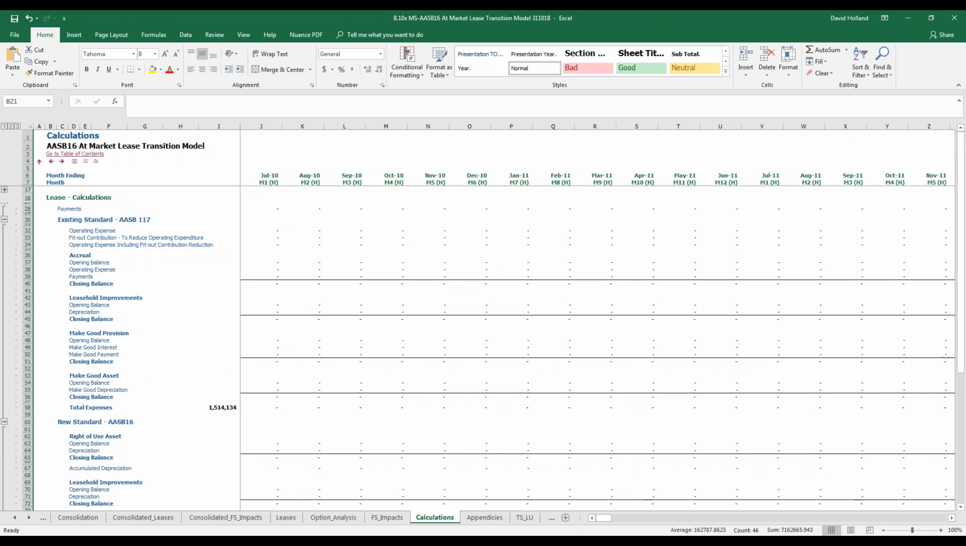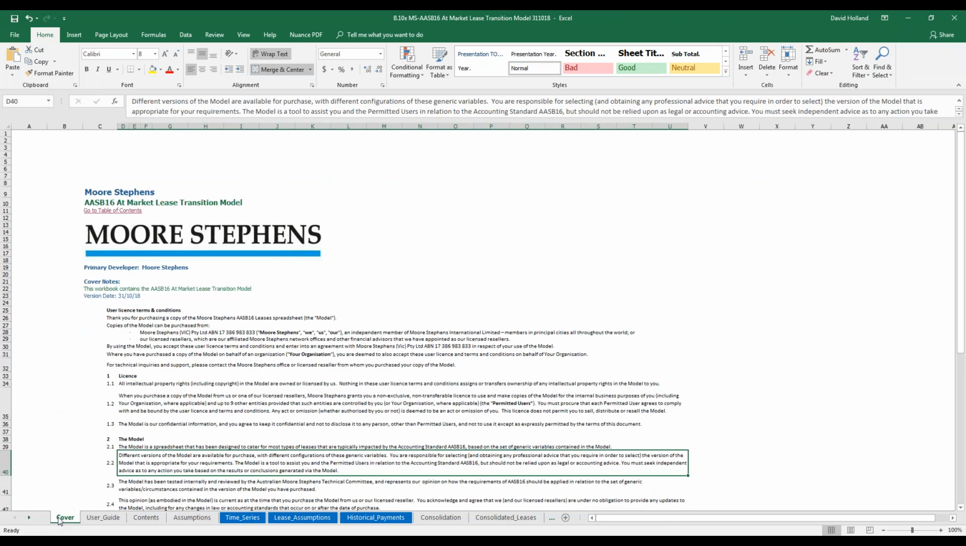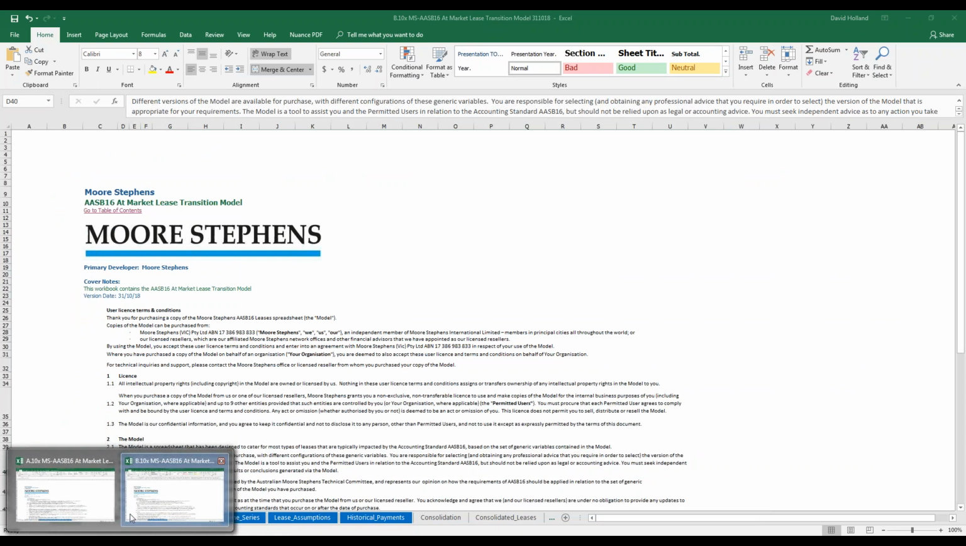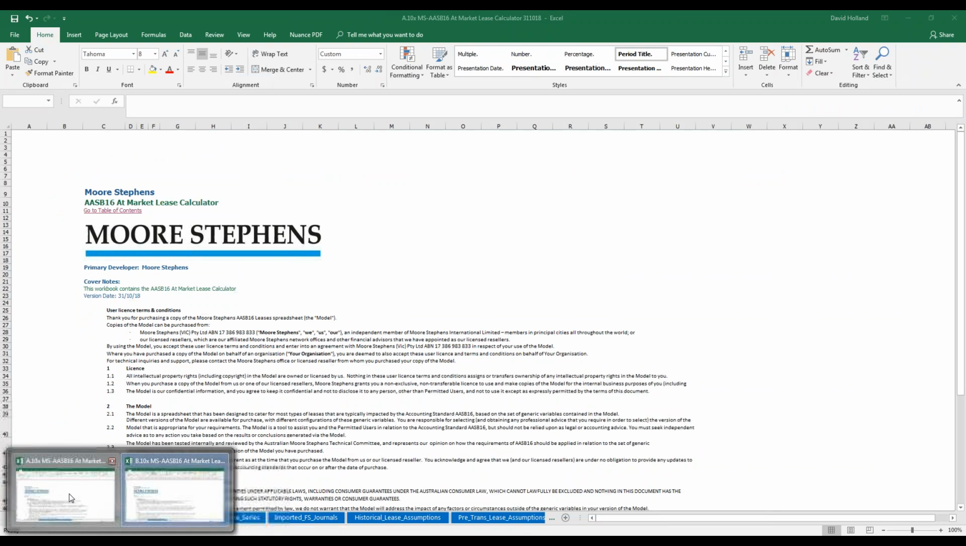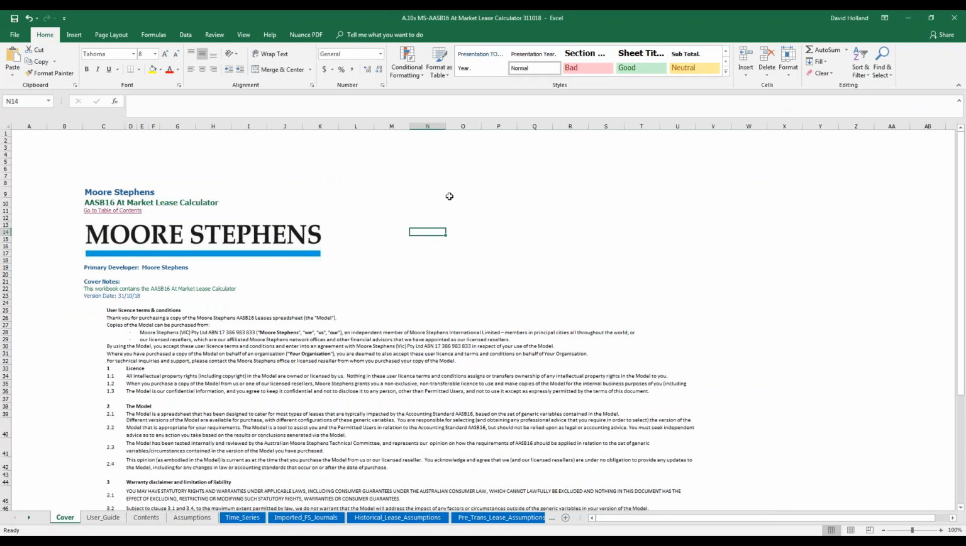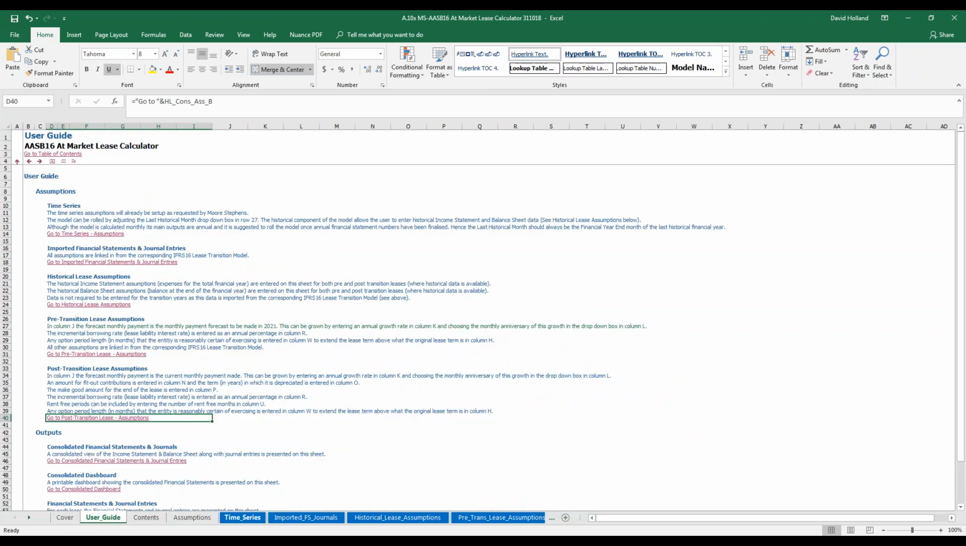Transition period. So let's assume that you transitioned in June 2020. When it comes to June 2021, you now want to roll this forward. And that's when you move out of the transition model and you move into the calculator model. Very similar format, shows the terms and conditions, shows the user guide,